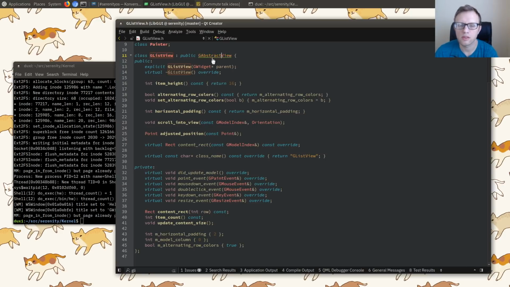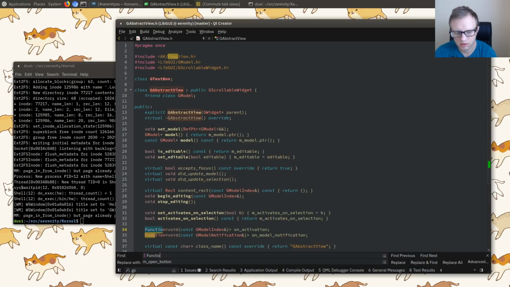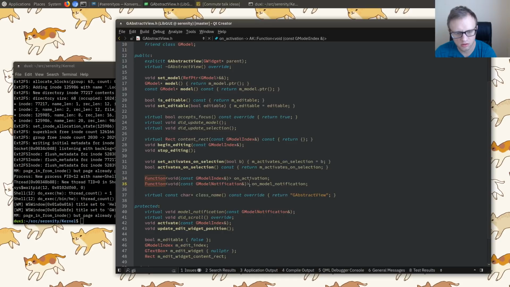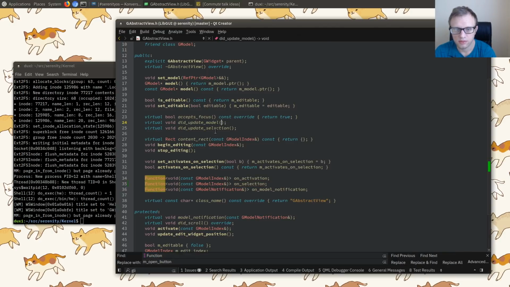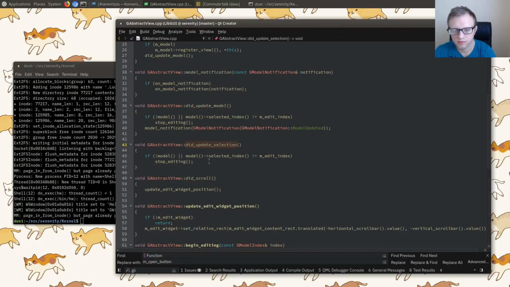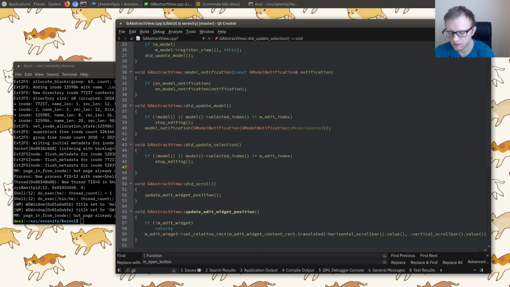I guess function on activation. Well, what we really want is on selection. So I guess we can do that. We have to update selection. So we can say if model and on selection